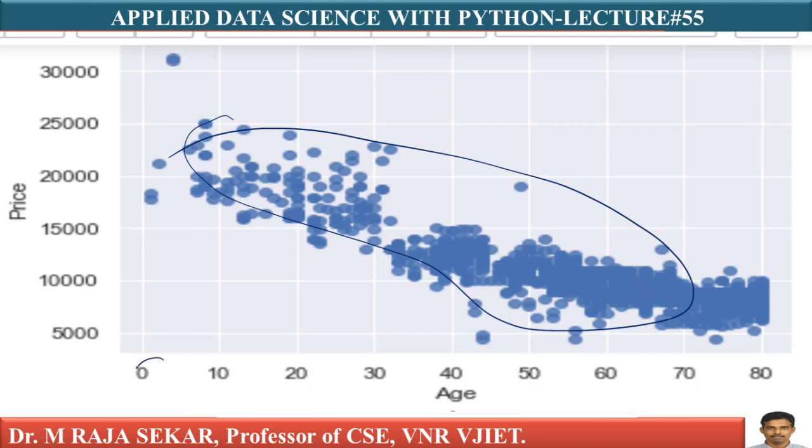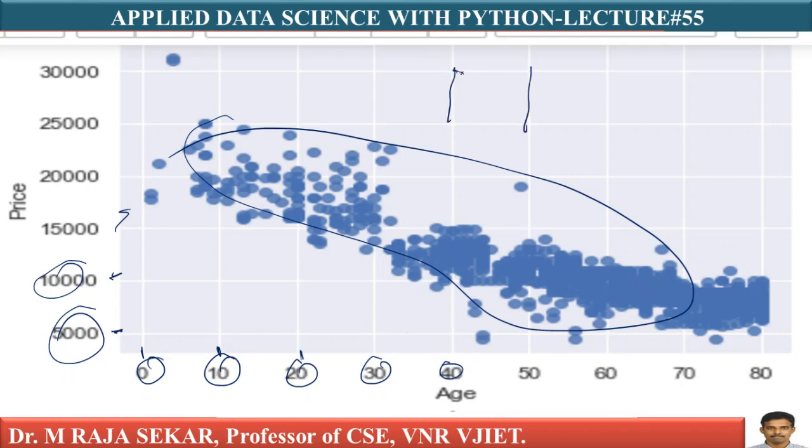This 0, 10, 20, 30, 40, I already discussed. These are X tick labels. Here you have X ticks like this, but 0, 10, 20, 30, 40, 50, 60, 70, 80 are known as X tick labels. Here these are Y tick labels. Here X labels, Y labels. This I think I need not repeat, I discussed many times, isn't it? The boxes are called grids. You can see these grids. I already explained grids in previous classes. This is grid. I don't know whether it is visible or not.